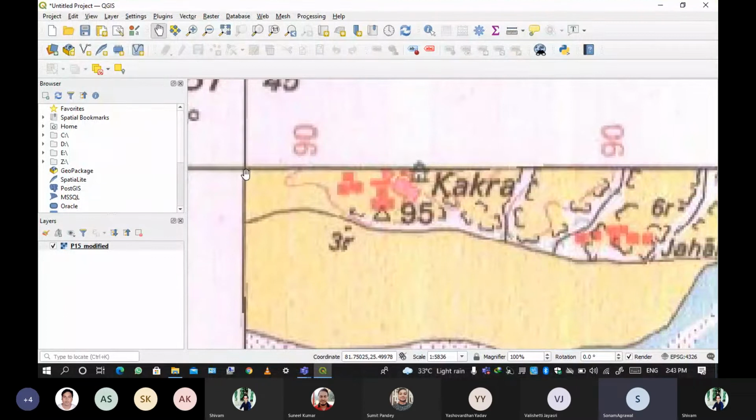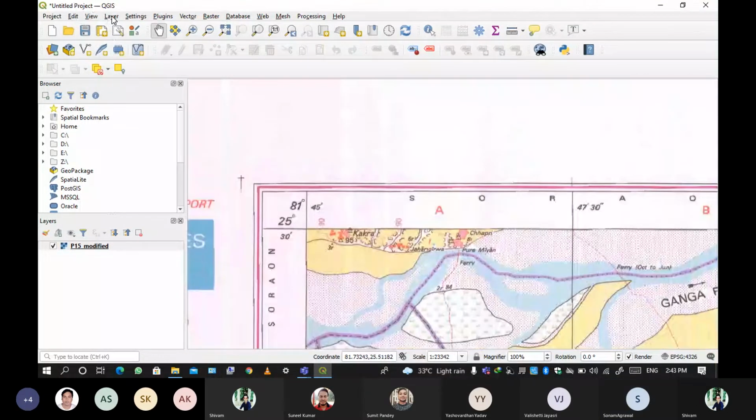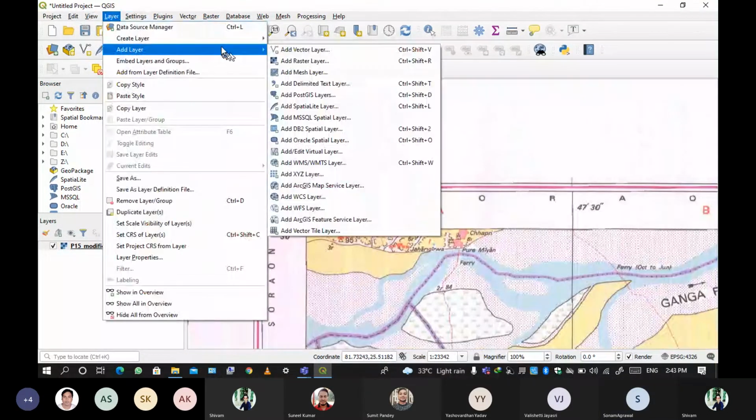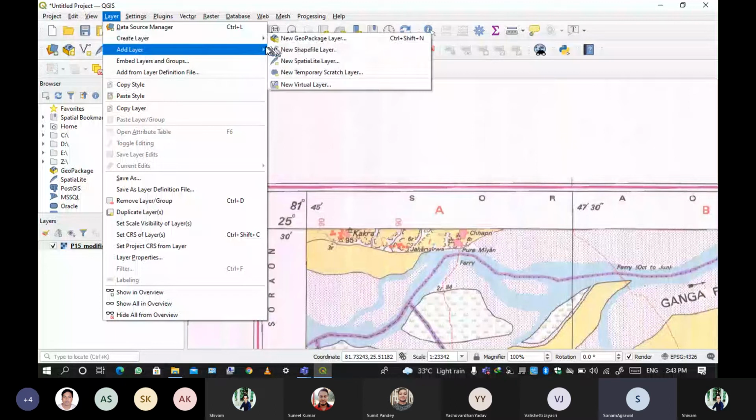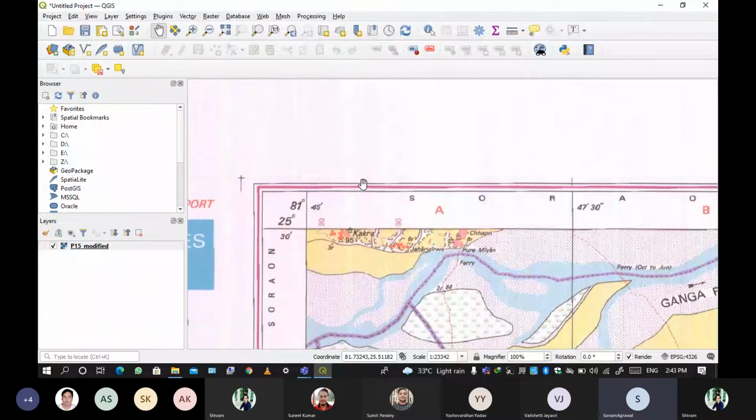Okay, now add your shapefile. Your georeferencing is okay. शिवम, आपकी जियोरेफरेंसिंग ठीक है? इसमें अपना जो शेप फाइल है, जो डिजिटाइज डेटा है, उसको ऐड कराइए।